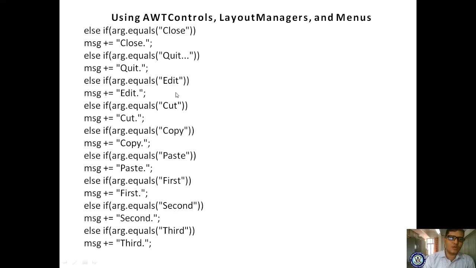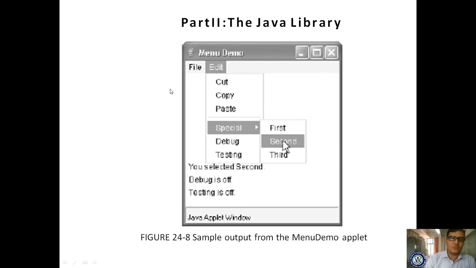Now I'm going to explain the running of this program. If you try to run this program, you get the menu demo. Here, menu demo is the title, and it appears in the title bar. You have these three controls, the control box, appearing. You have added two menus, file and edit. The file menu has menu items, and in edit we have menu items cut, copy, paste. Especially special acts as a sub menu of the main menu: first, second, third sub menu. And debugging and testing are your checkable menu items.